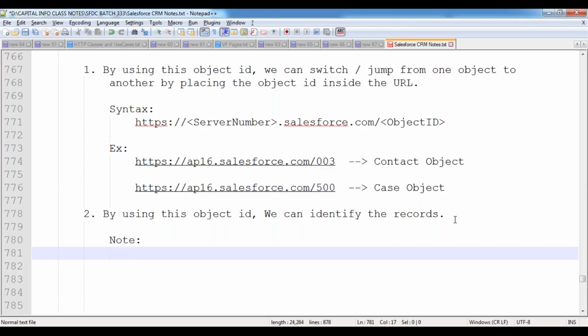So whenever we have a group of employees inside a company, how do you recognize each and every employee? Based on the name? No. Why? Because if I recognize an employee based on the name, multiple employees may have the same name in that organization. So at that time, it will be difficult to recognize and identify each and every employee.